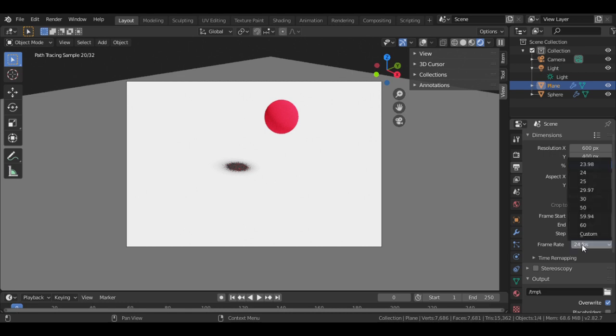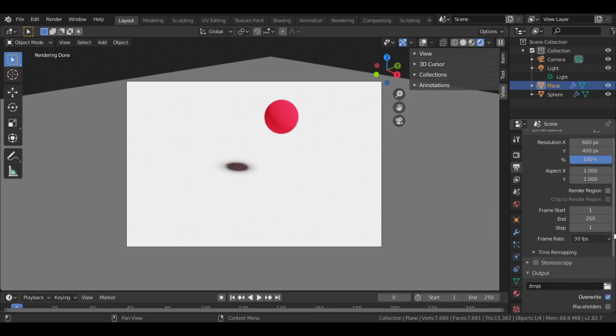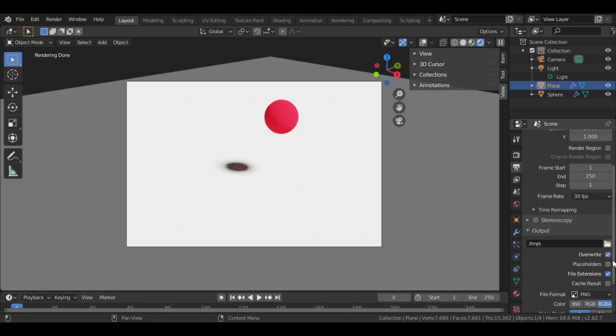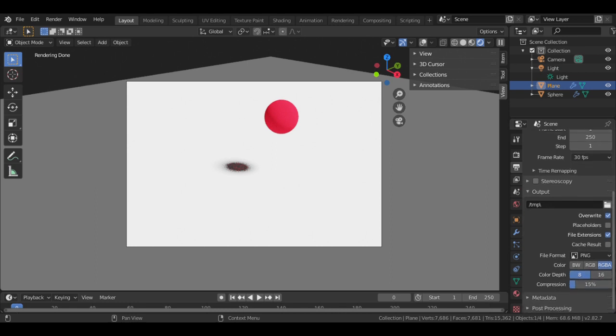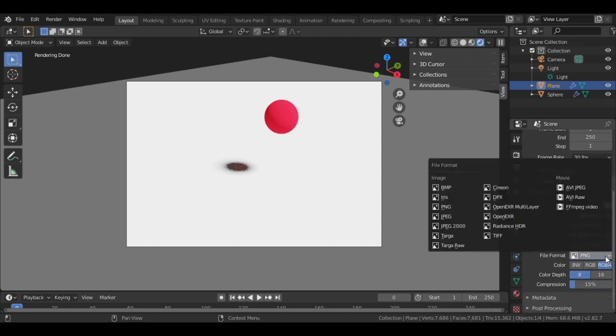We can select the frame rate here. You can go with the higher frame rate, but then the rendering takes time and the number of frames increase. So I'm going here with 30 frames per second. Now I will scroll down here. And most important thing, I will select the file format. The file format will be AVI JPEG,